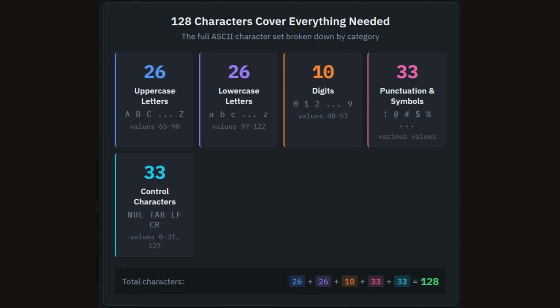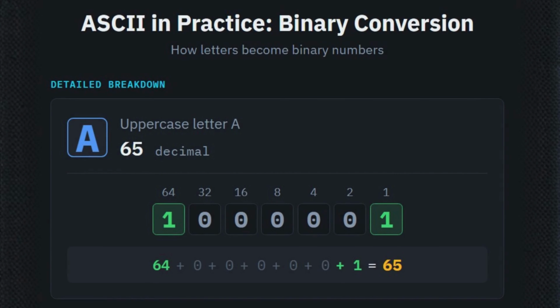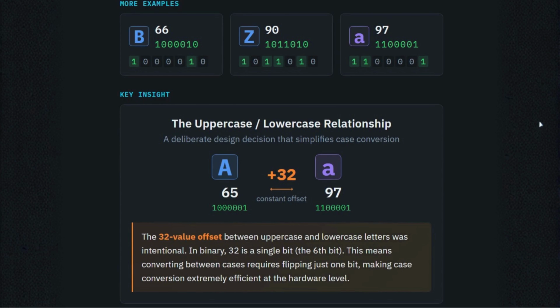The uppercase letter A is assigned the decimal value of 65. In 7-bit binary, 65 is 1 with 5 zeros, and then finishing with the 1. So take a moment and verify that. Our place values for 7 bits are 64, 32, 16, 8, 4, 2, and 1. For 65, we need 64 plus 1, so we have a 1 in the 64 position, zeros in the middle positions, and a 1 in the 1 position, giving us that 1 with 5 zeros and a 1 at the end. The uppercase letter B is 66, which is